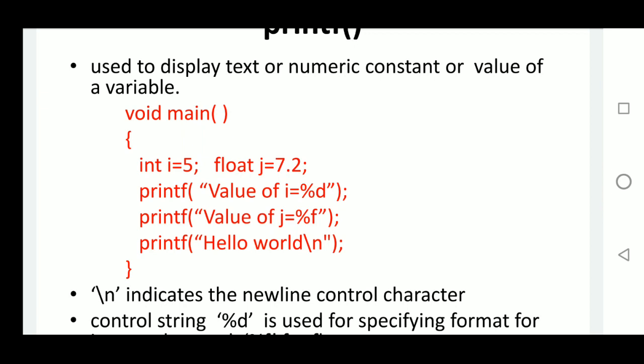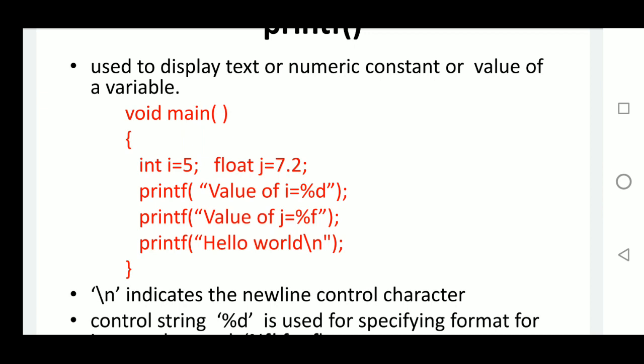Now we are printing the values of these variables on the output screen by using the printf statement. printf, inverted commas, value of i, this is a basic statement that is printed exactly on the screen, equals %d. %d is used to print the integer value and %f is used to print the floating value.